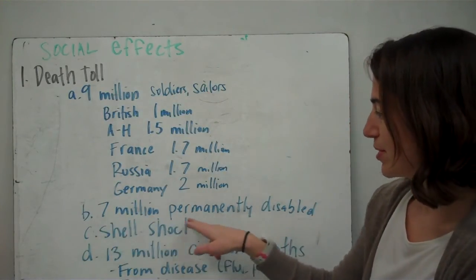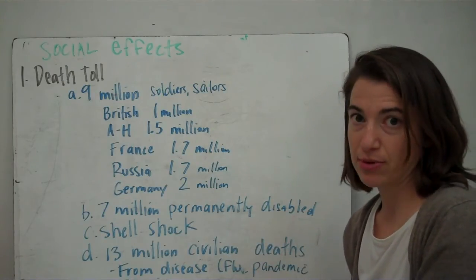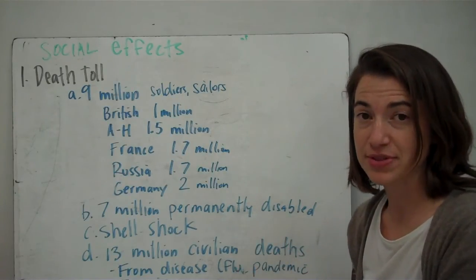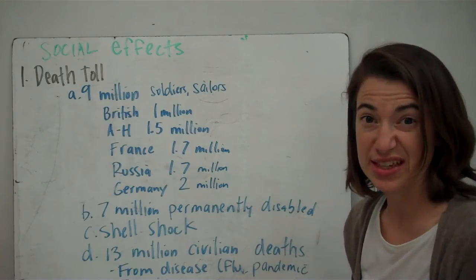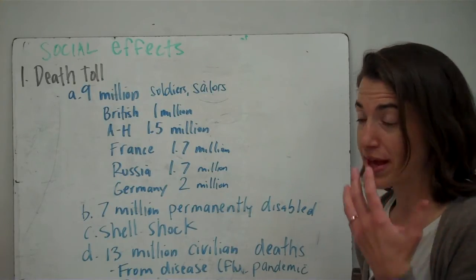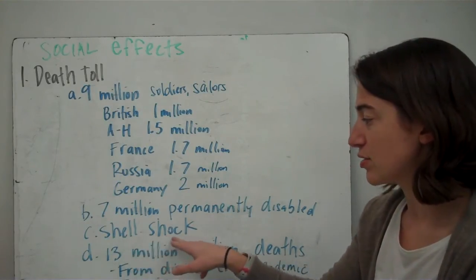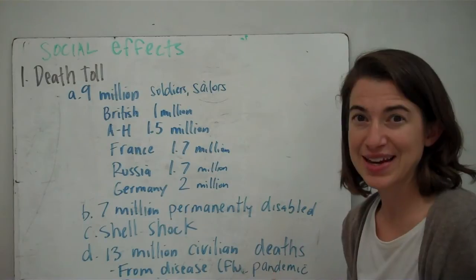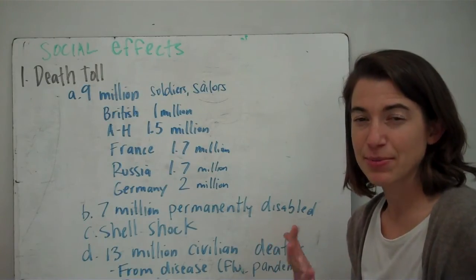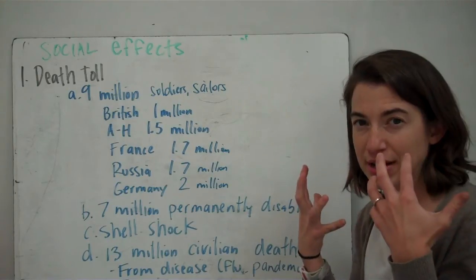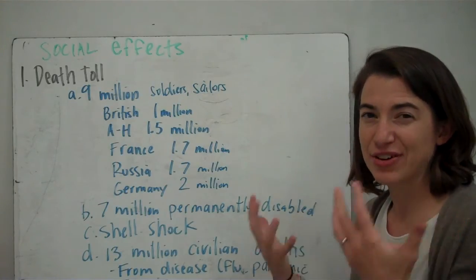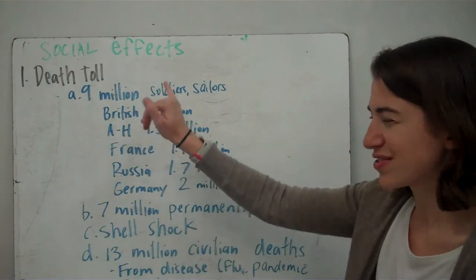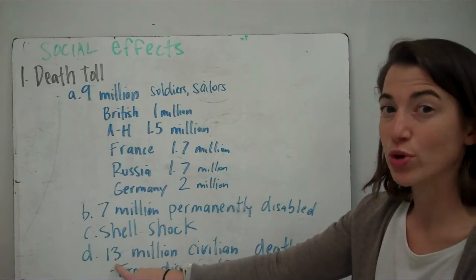So you also have 7 million that are permanently disabled. So maybe lost a leg, lost a limb, lost sight. They can't function as they used to. There's some type of thing that's left them disabled. Things like the gas left a lot of people with lung conditions or blind. You have a lot of soldiers that come back shell-shocked. We call this today PTSD, you may have heard of it, but they can never function really well in society mentally because of the things that they've seen in war. Their brain has trouble functioning back in society and functioning like it used to because of the traumatic things that they've seen. And finally, you not only have soldiers die, but you have even more people that weren't soldiers die.